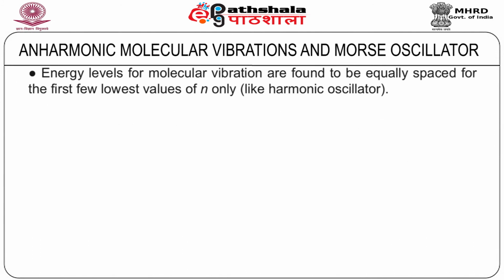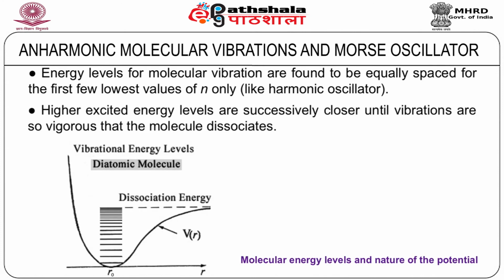So let me just read out. The energy levels for molecular vibrations are found to be equally spaced for the first few values of n only, like a harmonic oscillator. So the figure shows the potential energy curve as well as the energy levels for the molecule, and you find that the first few levels are more or less equally spaced, as in the case of the harmonic oscillator. But when you go higher up, then the energy levels become closer and closer, and ultimately they become very close together at a point when the molecule dissociates, because if the vibration is too vigorous,